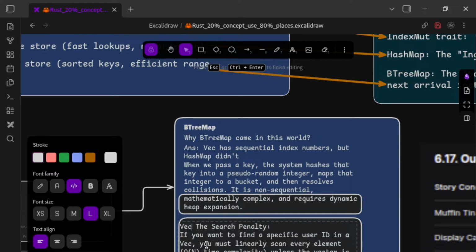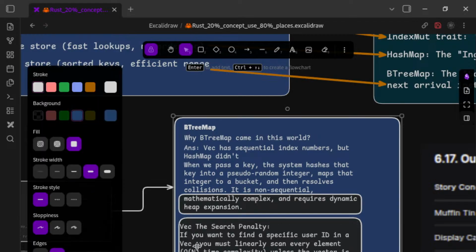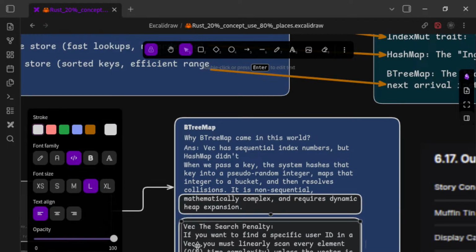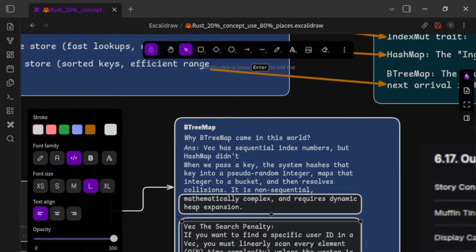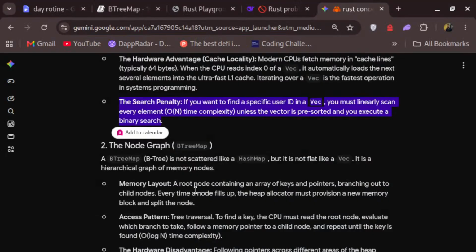Vector search penalty. If you want to find a specific user ID in a vector, you must linearly scan every element, O(n) time complexity, unless the vector is pre-sorted and you use binary search. That is the core penalty. That is why we use